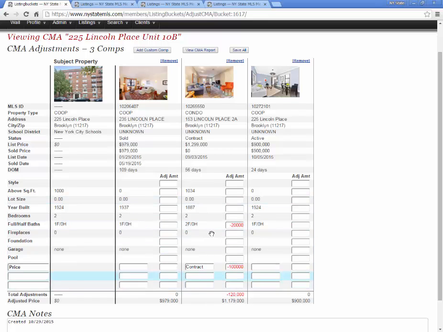There was also this building style that was superior to the subject building style. So we might also subtract another $100,000 for the difference in the building style. And now we have an adjusted sale price of $1,079,000, which is a lot closer to what our other comparable sold for. And then in the subject building, we have a co-op, and we have it listed for